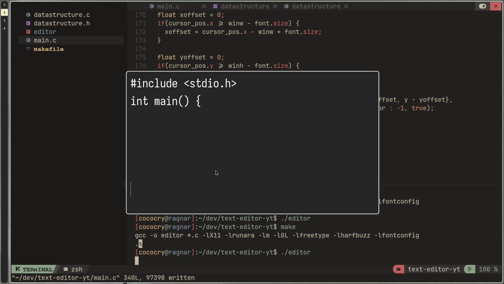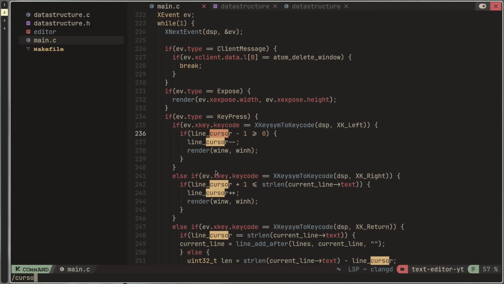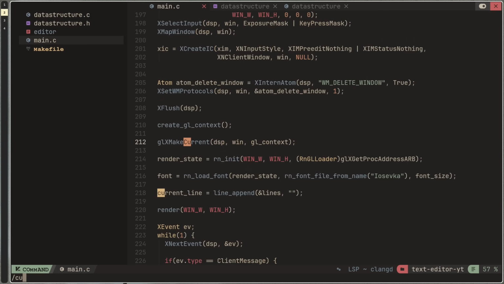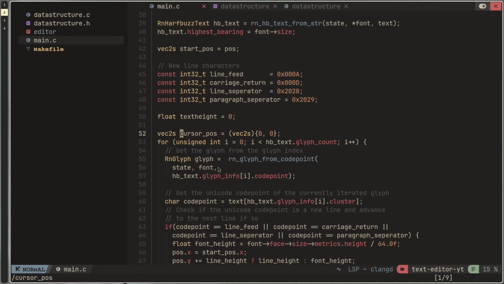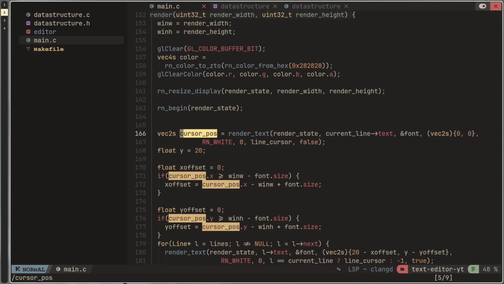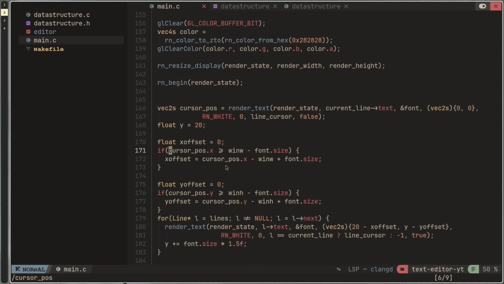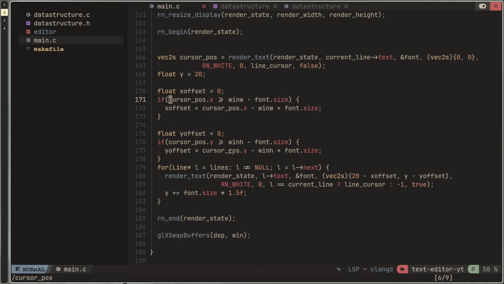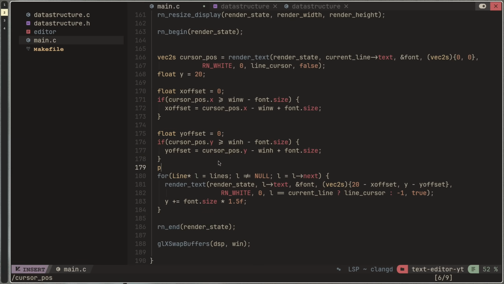Oh, okay. And what about this? I like how it works. So cursor pos. Cursor pos? Cursor pos? Okay, so let's say printf